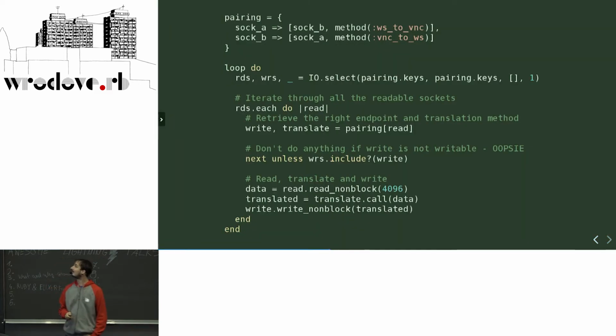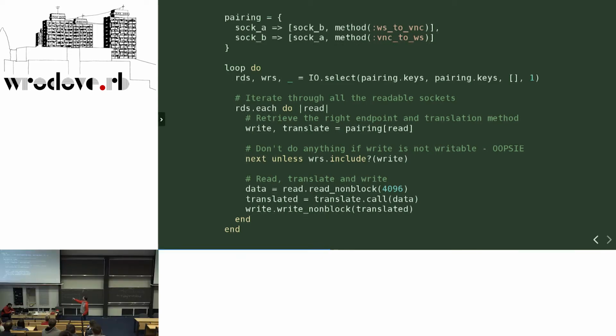So this is my first try of writing a proxy. I cannot really see the screen, so I'm going to walk here. I hope I won't get some echo. So you have a pairing of sockets. You have two sockets A and B, and you have a method paired to that to translate in both directions. And you do an IO select in an endless loop, iterate through all the ready sockets. And if the other part isn't ready, you just skip the iteration. And here you do the same transmission as we did in the threading example, but with non-blocking